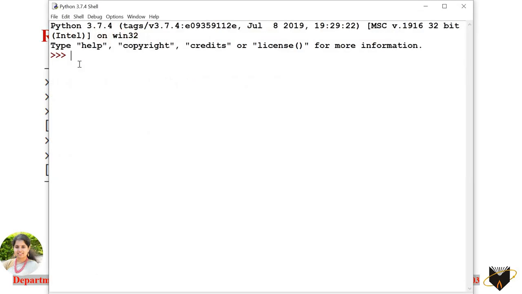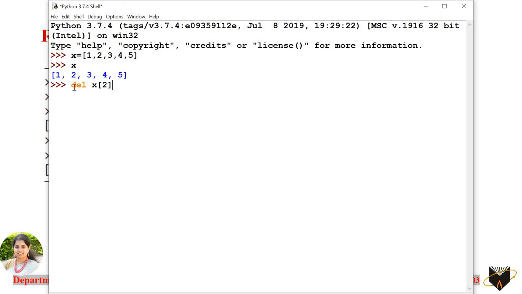Oh, I've closed it. So let me create one more time. 1, 2, 3, 4, 5. Fine. So we have created a list x consisting of the elements 1, 2, 3, 4 and 5. Now I'll use the delete method x, followed by the index value 2, because I just want to delete the value stored at index 2.